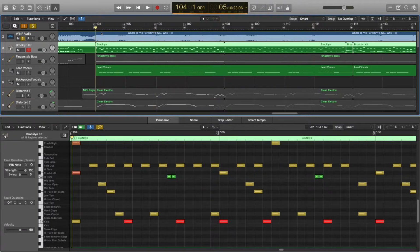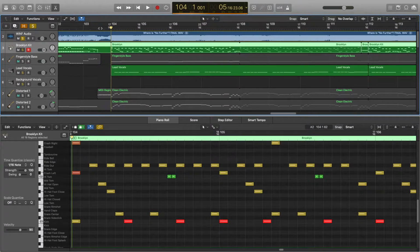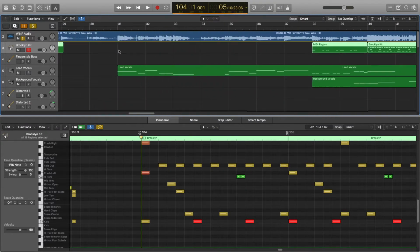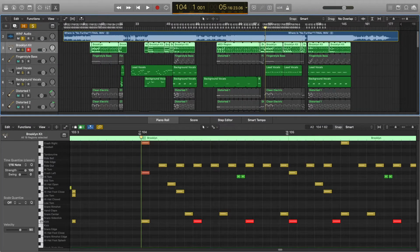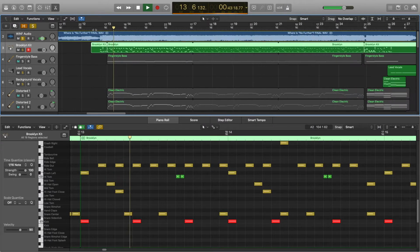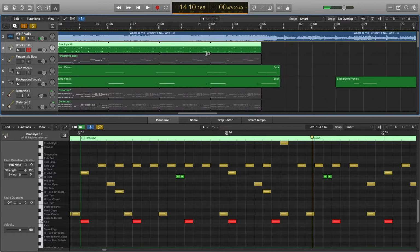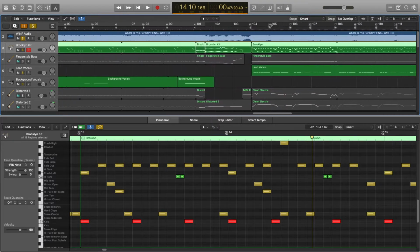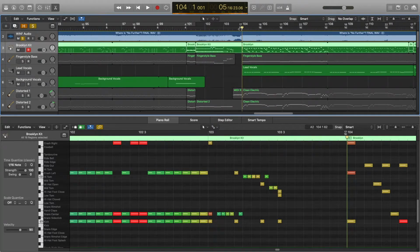Not so much of a conclusion, but a shift from the tension. It's more like a resolving question, if that makes any sense. And so when I brought this guitar riff in the beginning, it was meant to return to this part and be kind of really anthemic. And so in the mix you have